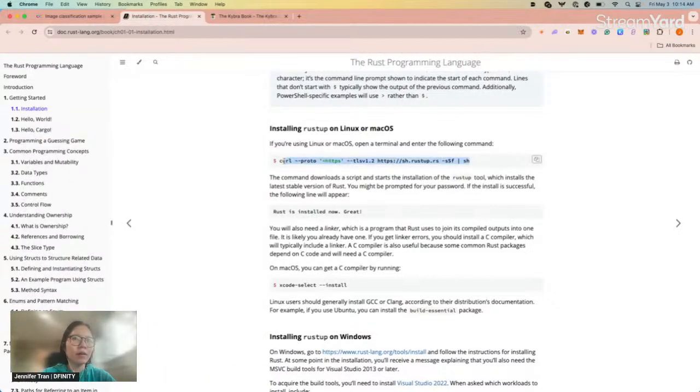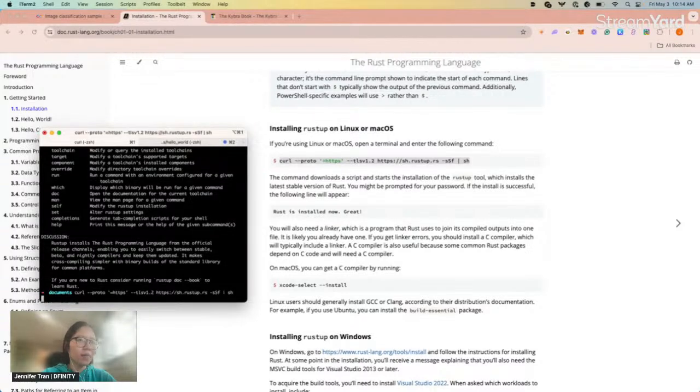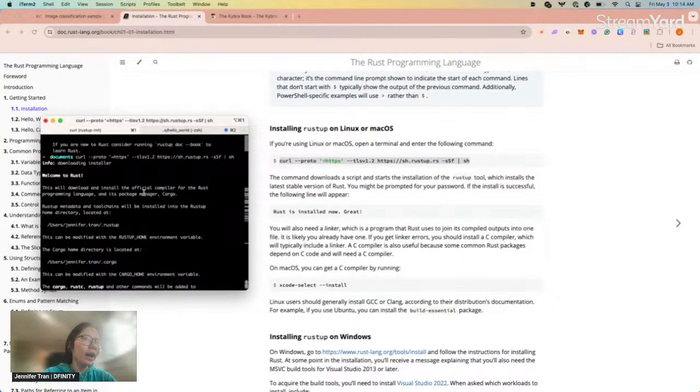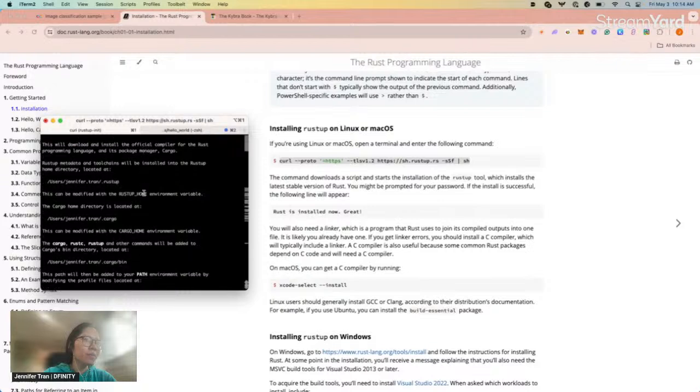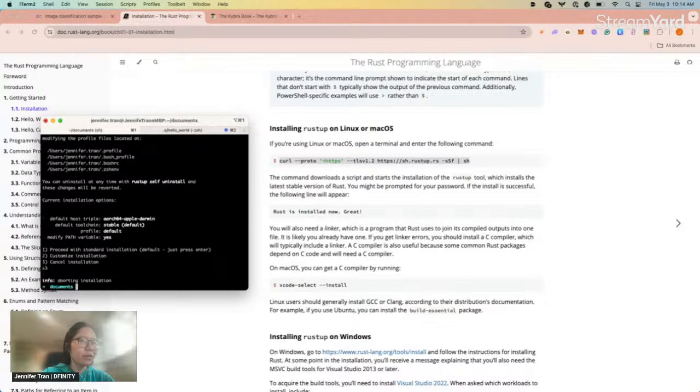Let me just double check in my command line. I'm going to run this curl command. Yeah, I already have it. It's telling me that if you want to modify Rust, you can. But if you don't have Rust when you run this command, you should see that Rust is now installed. Great. I'm just going to cancel the installation for me because I already have Rust.